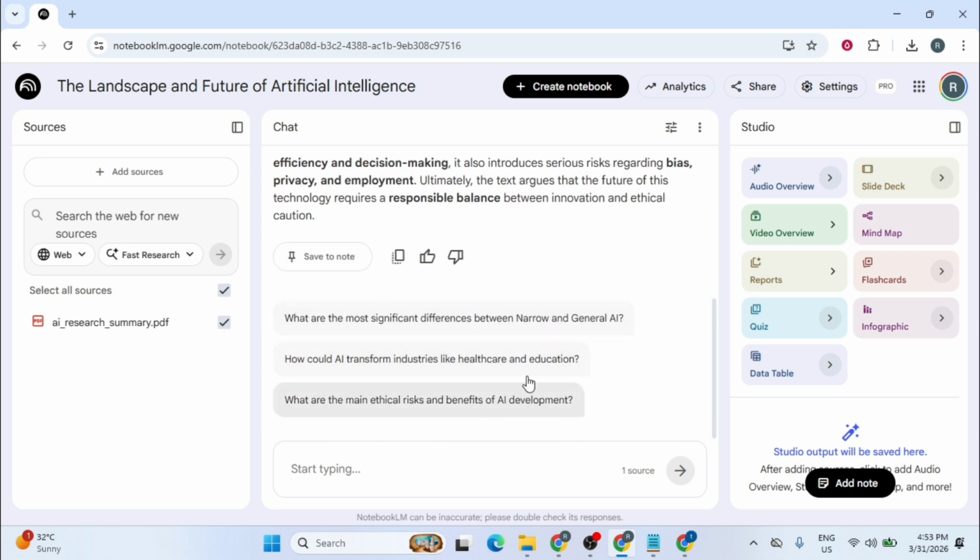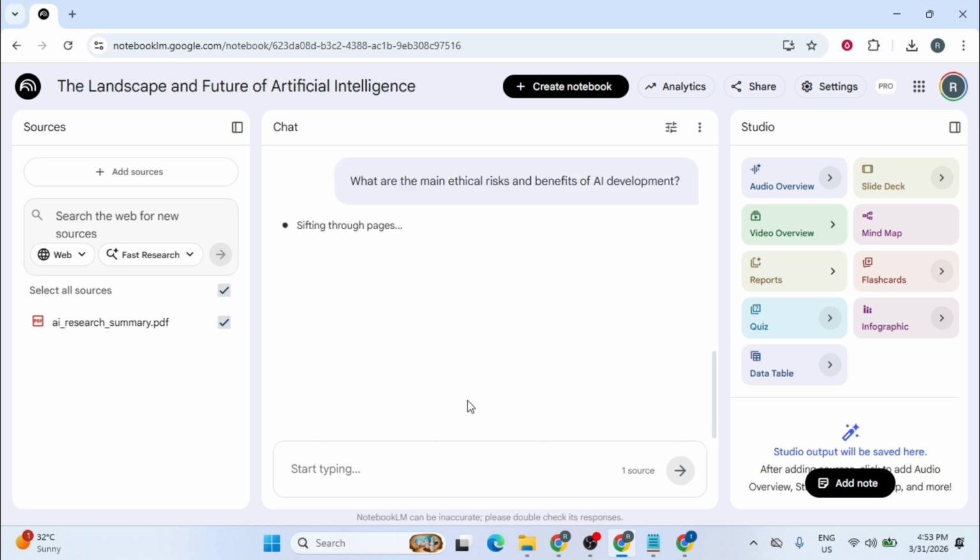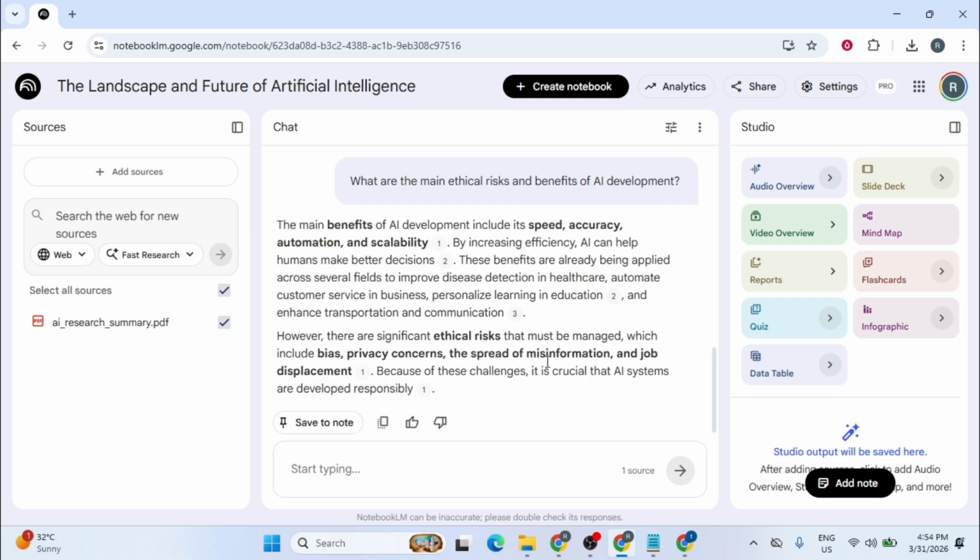If I want to dig deeper into specific topics, I can click on one of the suggested questions, such as asking about the ethical risks and benefits of AI development. The AI sifts through the pages to provide a structured response, listing benefits like speed and accuracy alongside risks like